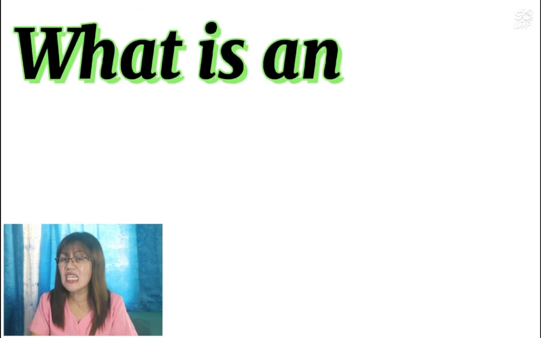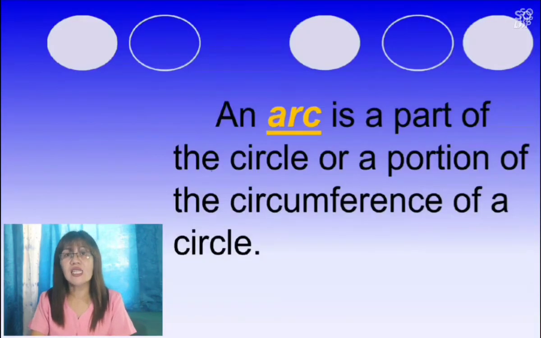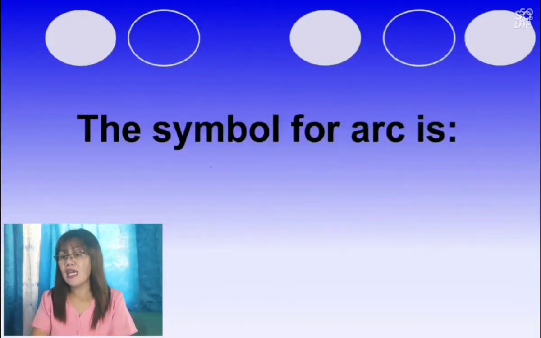Next, anyone who has an idea of what an arc is? Correct! An arc is a part of a circle or a portion of the circumference of a circle. And what do you think is the symbol for an arc? Anyone can show me the symbol of an arc? That's right. Okay, the symbol for an arc is